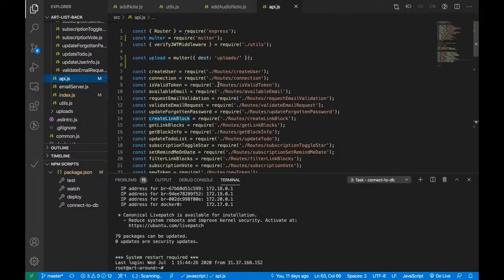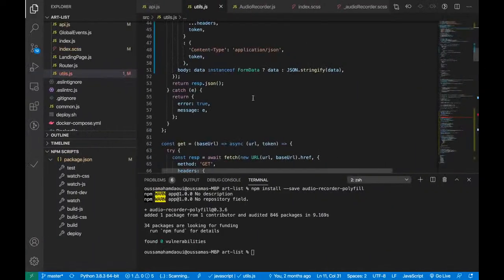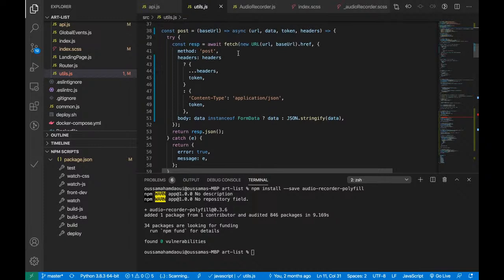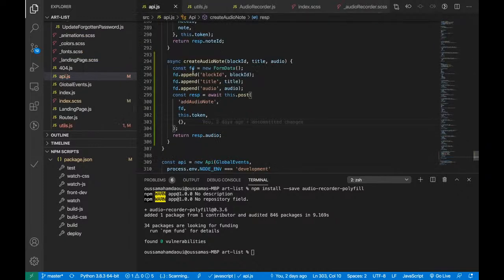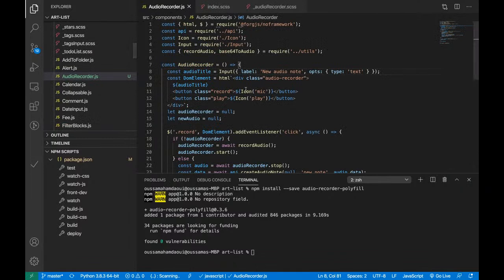It's that I had to use Multer to send the audio, because if the audio was really long, I had to send it using the form data, which can handle files and things like that. So once I figured out those two things,